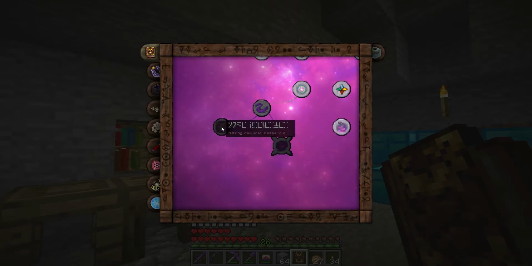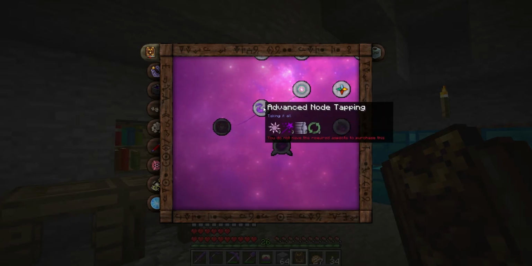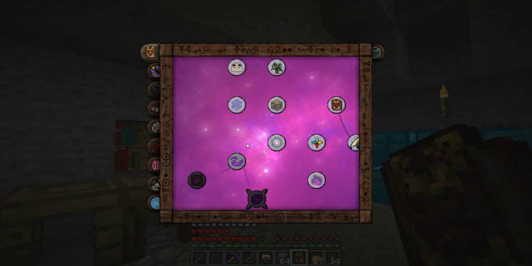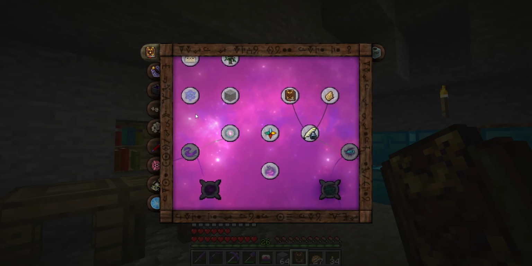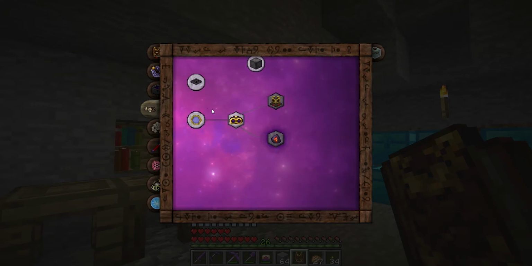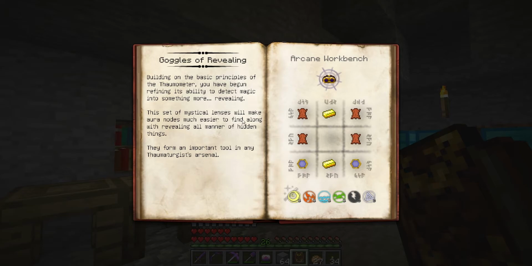The star-shaped one. But was it Vinculum? I don't think that's right. I don't know. Alright, so we are going to be going through that, and yeah, so first thing I need to do is get a pair of goggles of revealing. But to do that, I will not only need an arcane workbench, but I'll also need these aspects,